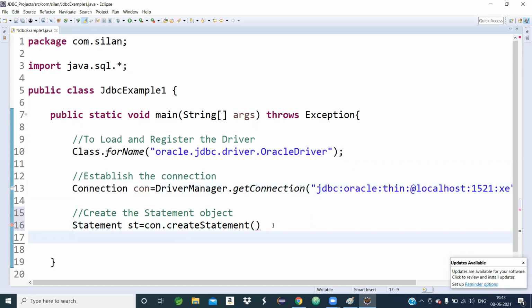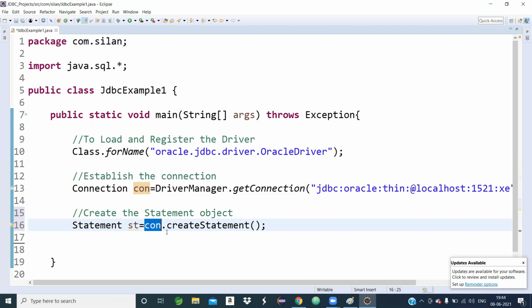We will know what the prepareStatement method is in my next class. I will cover it. But currently, I am just explaining what I have written. createStatement is a built-in method. When it is invoked by con, the connection object, the createStatement method comes from the connection interface.